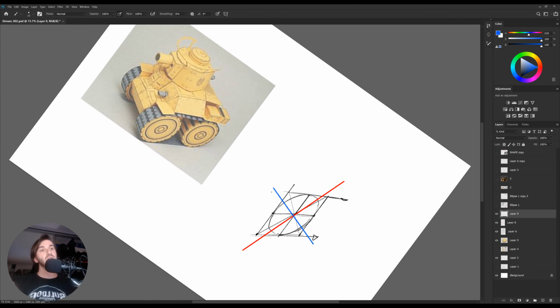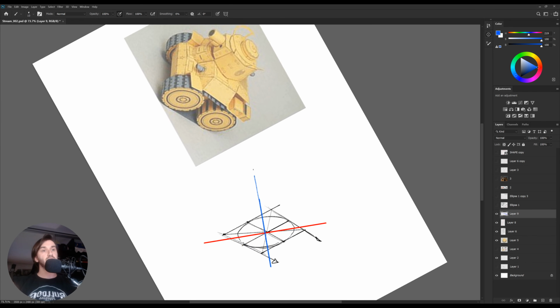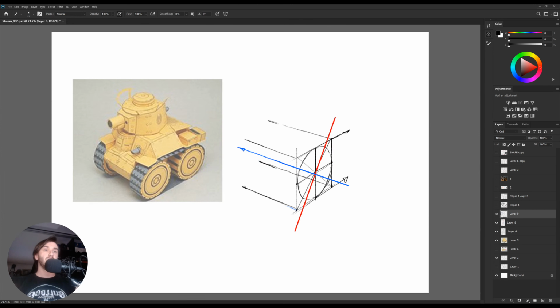So basically, the blue line is the direction of our second vanishing point. If we were to draw the rest of the box for this guy, this is pretty much how the perspective will behave. It might not be really easy to understand at first, but once you grasp the idea of it, and it's pretty much in every single art book that you will find, then it's getting really easy to understand, because the perspective that you will have in here will highly depend on the ellipse that you